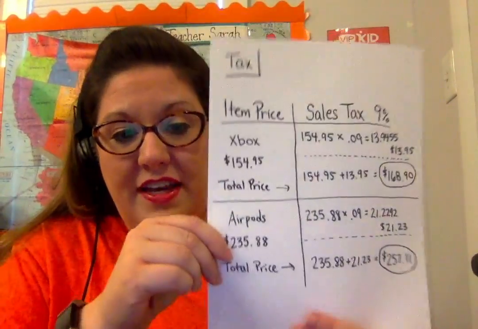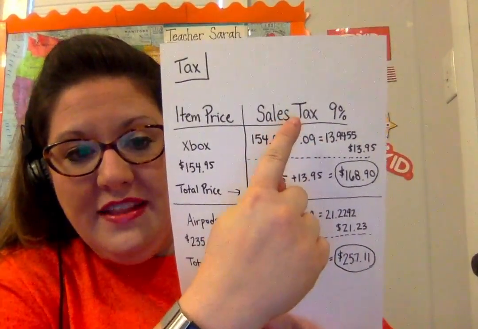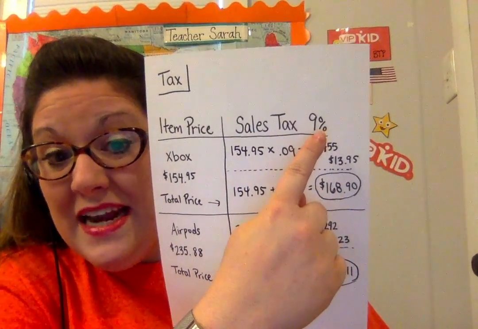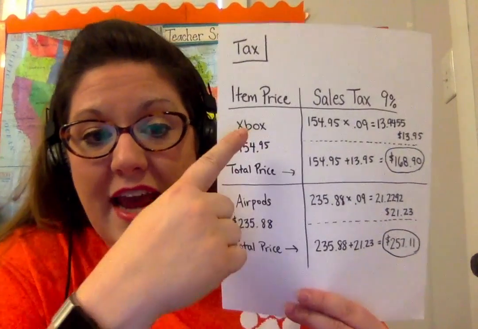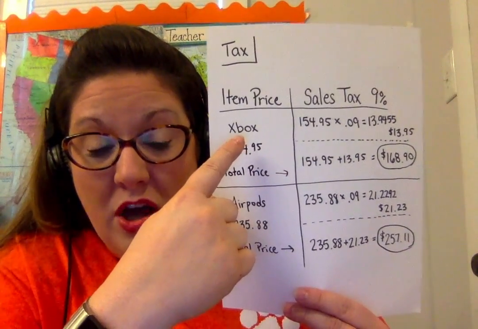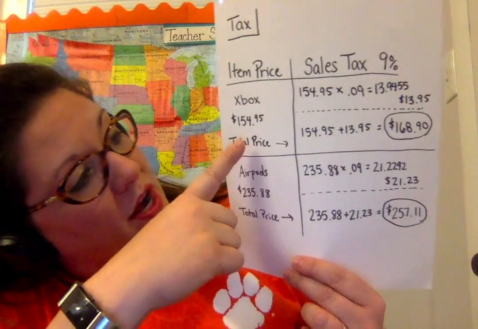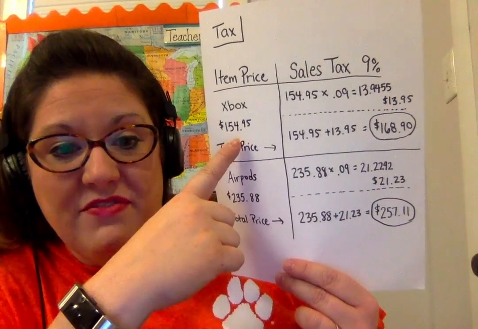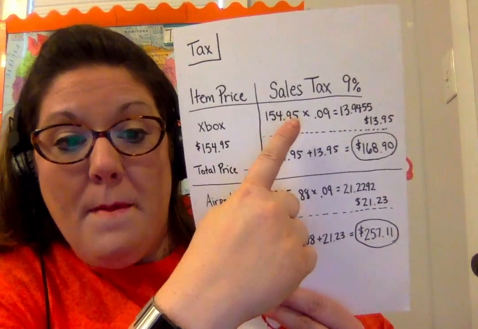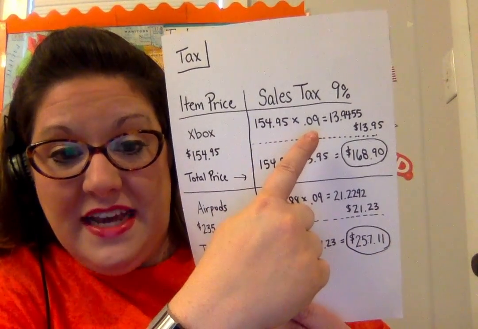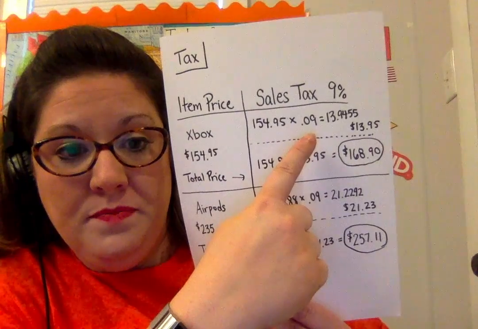Got 2 more examples for you. These are some higher priced items, and I changed the sales tax percentage just so you can see how this affects things. So now if you'll look in this table, our sales tax is going to be 9%. Here's our original items. Let's say that we're going to purchase an Xbox. An Xbox regularly priced is $154.95. So we will take that original price, multiply by the sales tax as a decimal, 0.09,